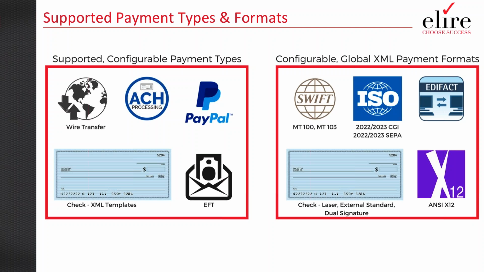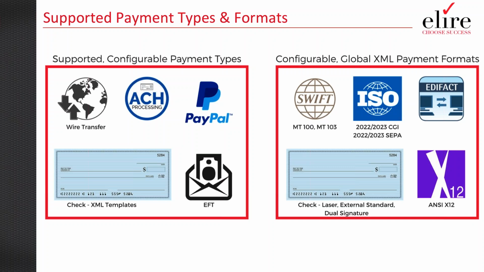And then last, we talk about a lot of the configurable payment formats. We have the traditional SWIFT messages if we're generating MT101s, 103s. A lot of the world's going standard in the ISO department, so ISO 20022, and using those to generate payments like SEPA or BACS, or even urgent or non-urgent payments depending on where we're going. We still have EDI in place, and then we can generate checks in a multitude of ways, whether we're talking about issuing checks right out of the application as an electronic check, or if we're trying to generate an electronic file that we send to a print vendor, we still have that ability.